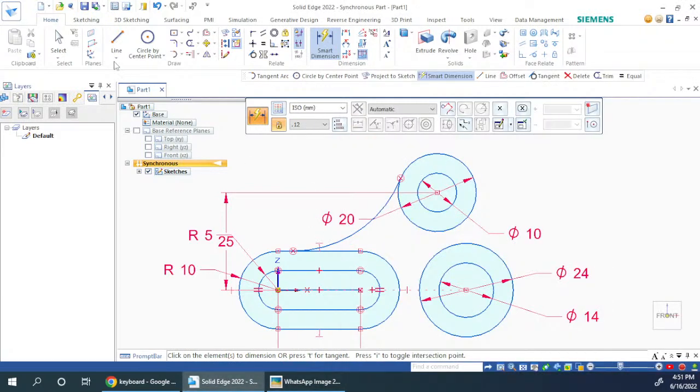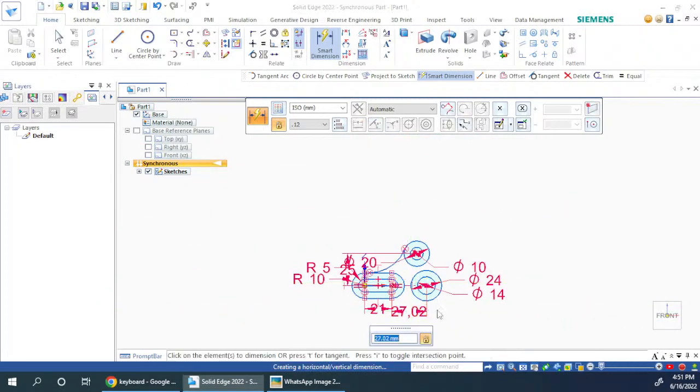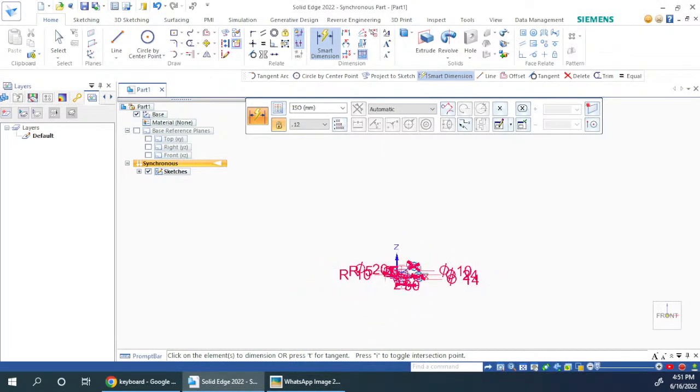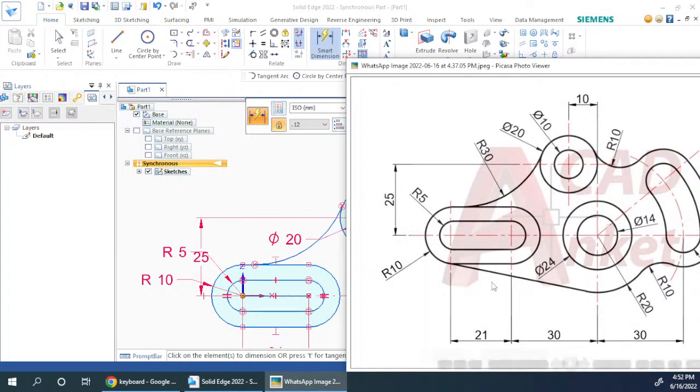and then the distance is given. So let's go take distance. Okay, so this point to this point. So what is that distance? That is 30. And then now from this to this, you just click on the circles, it will automatically choose the center point of the circle. Okay, so now these circles are defined, this circle is defined, and now we need to go for the next